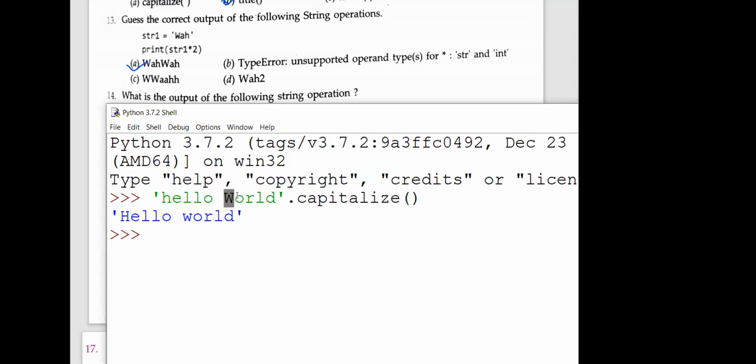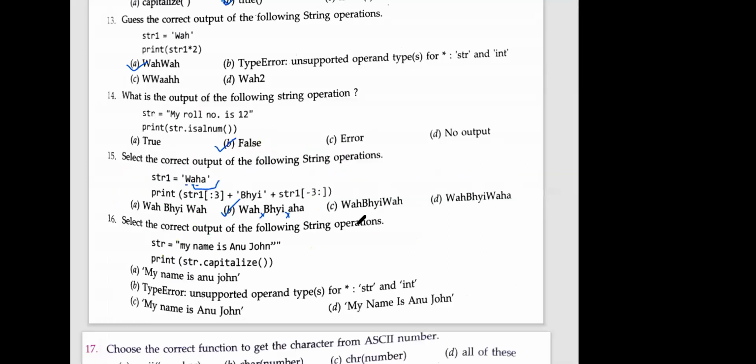It was capital, but when we used capitalize, it converted it into small. It means capitalize is checking the first character as well as all the remaining characters. Suppose I write all characters in capital, it is going to convert them into small. So this is the property of capitalize.